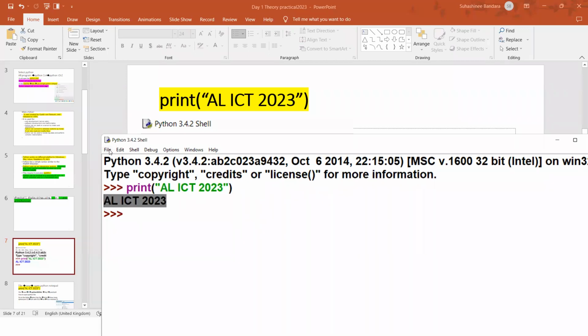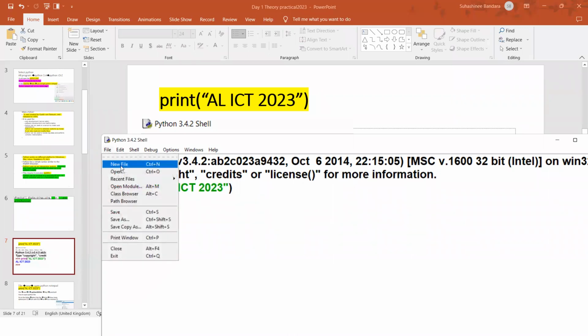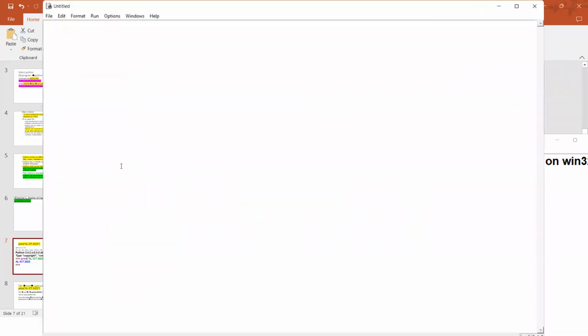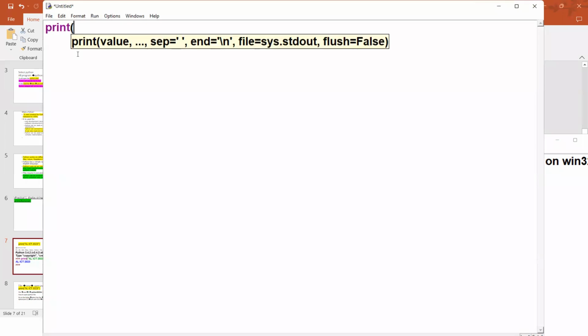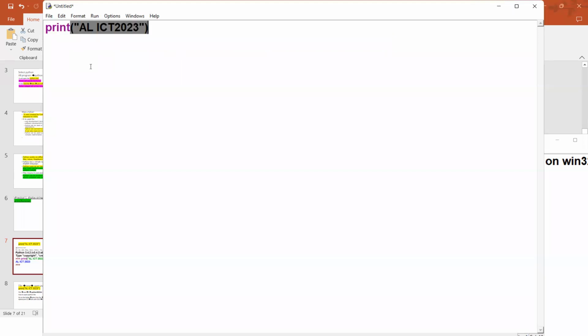In the same way, I can use a new file and use the same thing, print. No greater than signs or anything. This is the Python notepad, file new. I typed A-Level ICT 2023, close the inverted commas, close the bracket. Just look at how I am going to run it.